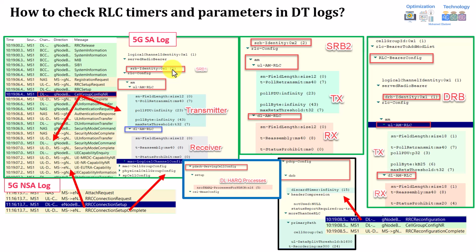Because after you pass SRB0, which is during the RRC request and RRC setup, once you receive the RRC setup, the next one, SRB1, needs to be based on acknowledged mode. So you are expected to receive the SRB1 configuration within the RRC setup message or even the cell group configuration. You can see, for example, in 4G and 5G standalone, I have seen this in the RRC connection setup, this message which is called cell group configuration.